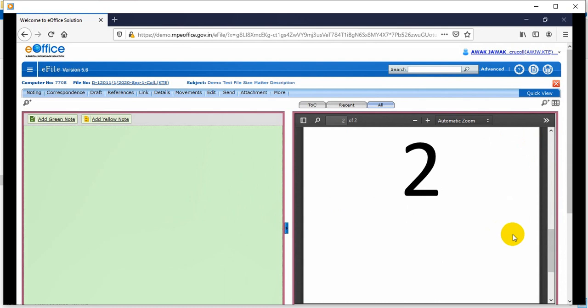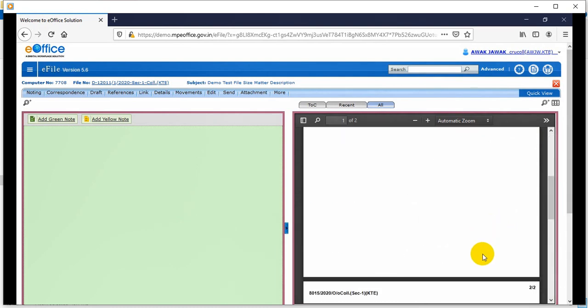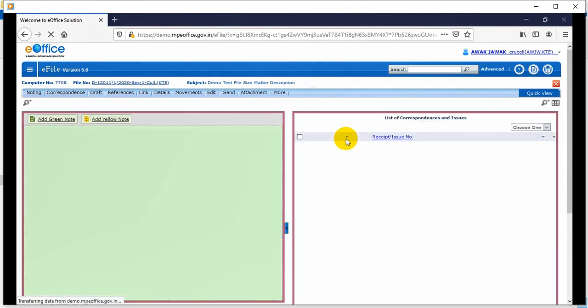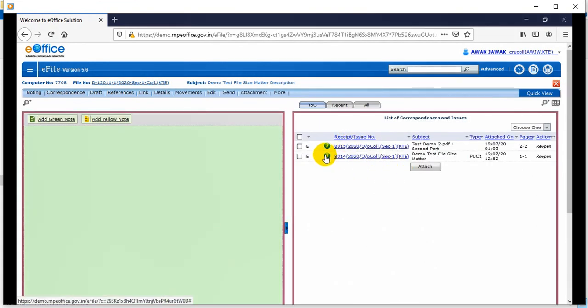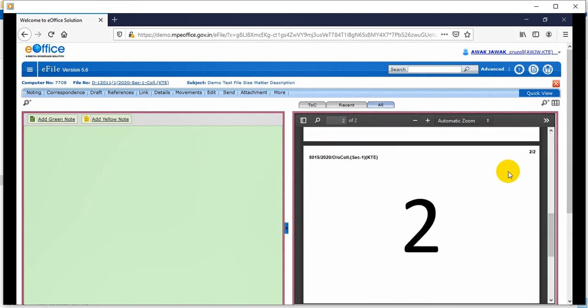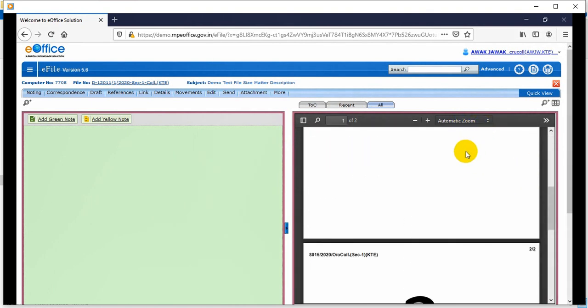So at any time when you come to the table of contents, even if we see this file after 10 years, we won't be confused, as it shows details in a very clear cut manner. From here you will get all basic information, that which pages have been attached when, and in the all tab, you get all the information, that which receipt came on what date, what time it came. In the all tab you can read all pages one by one at your comfort. You can read it, zoom it, download it to your computer, and print it easily. All the possible options are available to us.